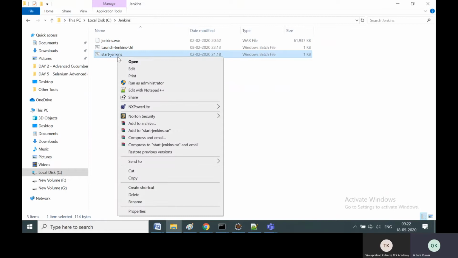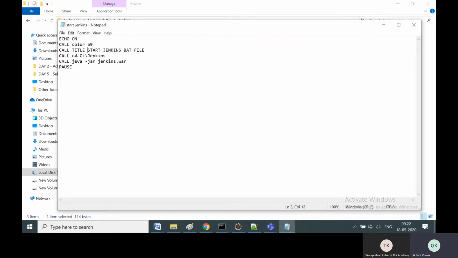I have given this batch file, which is very simple: it will just go to C:\Jenkins and run java -jar Jenkins.war. It's a simple command line code that I just put in a batch file. Using Java, we are going to start the Jenkins.war file.